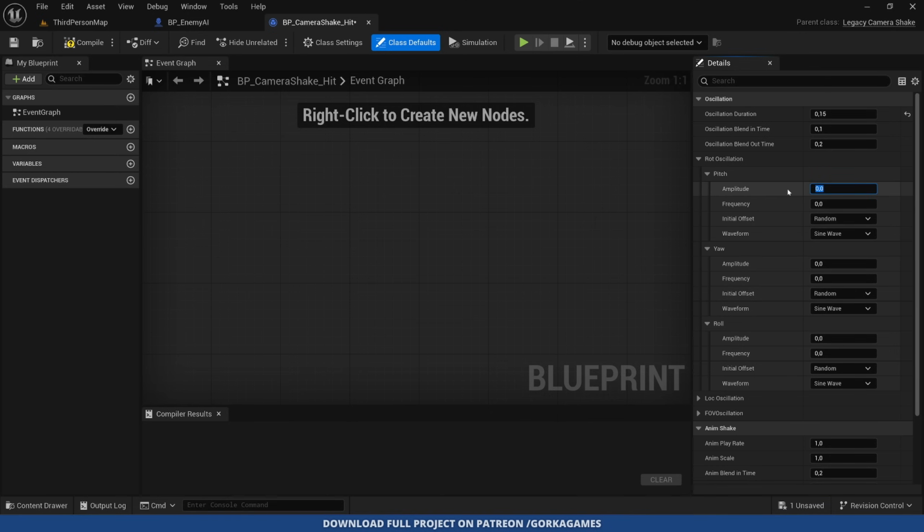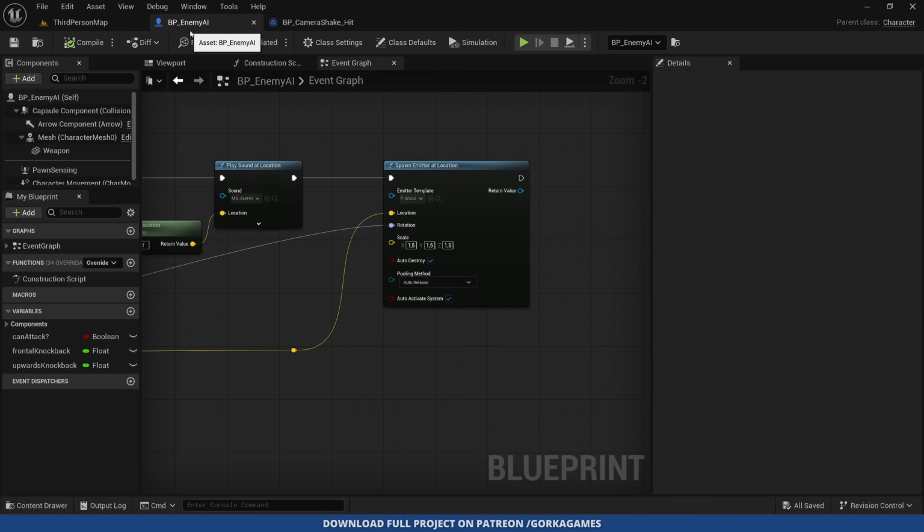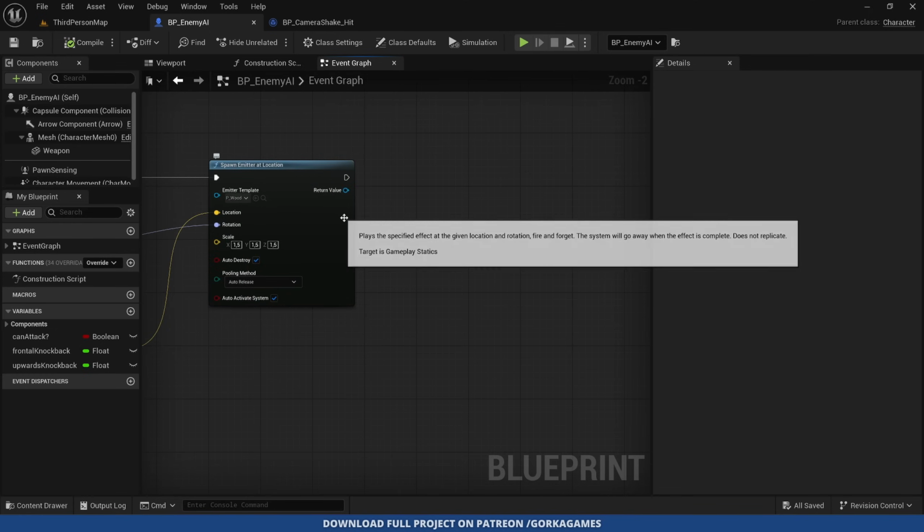And let's play around with the amplitude and frequency. So let's go ahead and put in around 10 and 50, 10, 50, 10, and 50. And then finally, for the initial offset for yaw, let's put this on 0, because it simply looks better if the beginning offset is centered, okay? Simply just looks a bit better. So now that we have the camera shake customized, we can go back to the enemy AI, and right after we apply all the damage,